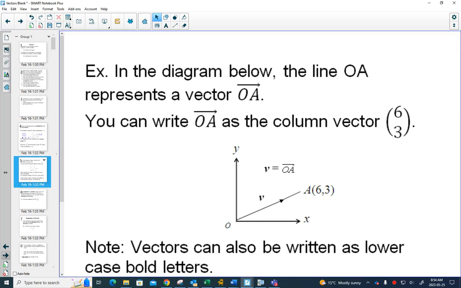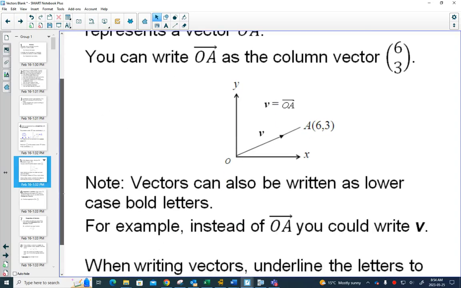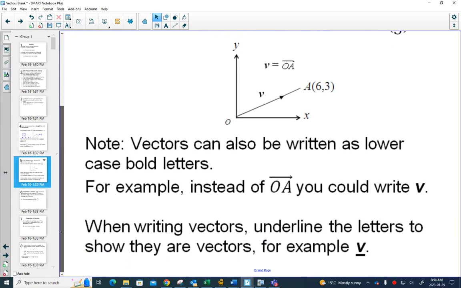So here we have the point (6, 3). That's a vector from O to A, and we can write that as a column vector, (6, 3). Right, and here's the idea that they can also write things as bold letters. Sometimes they're underlined instead of with the arrow over top. Okay? So